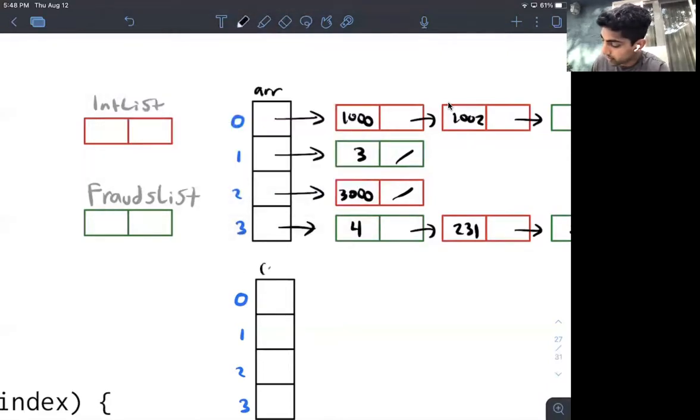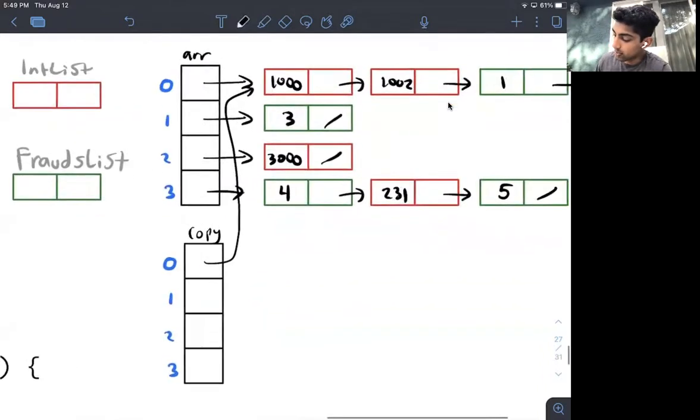When we're looking at copy, notice that when I do arraycopy, all I'm doing is taking the value of each of these and setting them as the values of each of these. So the value at this index is a pointer to this link, and the value at this index is going to be a pointer to that same link. And then we'll notice that this is really how copy looks.